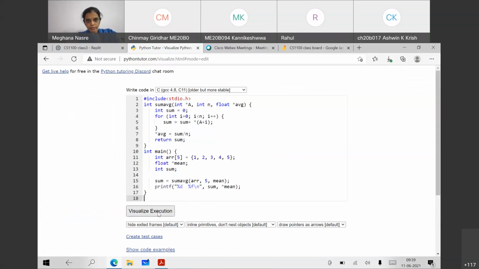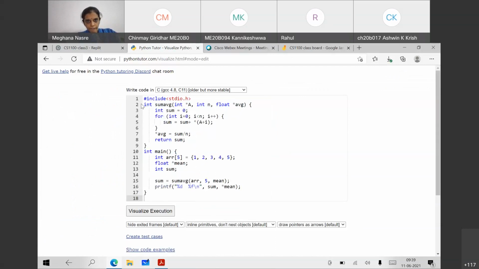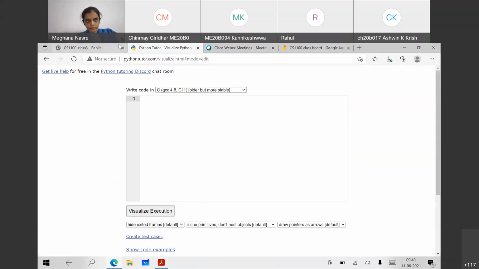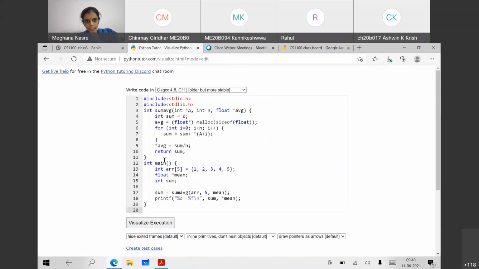Okay, so this is the new program which we have seen. Oh, sorry, I think I have not copied the correct program. It does not have a malloc. Yeah, so now when we execute this, you will see that